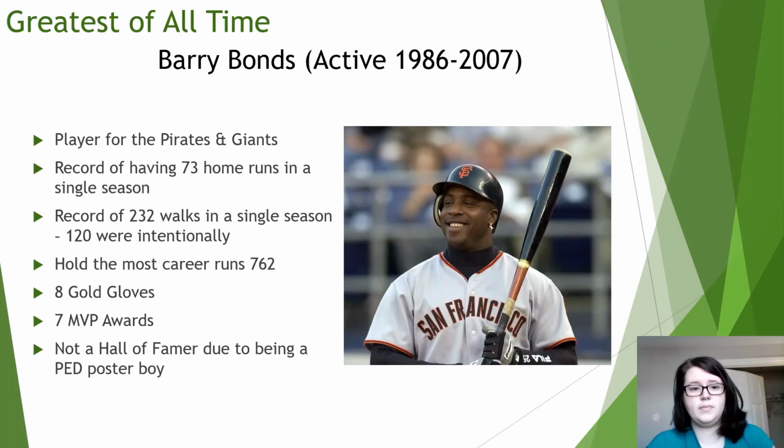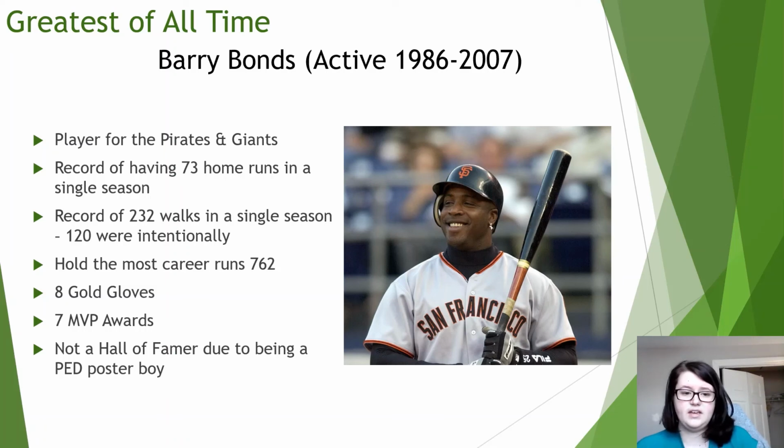So, a little bit of our greatest of all time. We have our third one, which is Barry Bonds. He was active from 1986 to 2007. He played for the Pirates and the Giants. And he had a record of 73 home runs in a single season, a record of 232 walks in a single season, 120 of which were intentional. He held the most career runs of